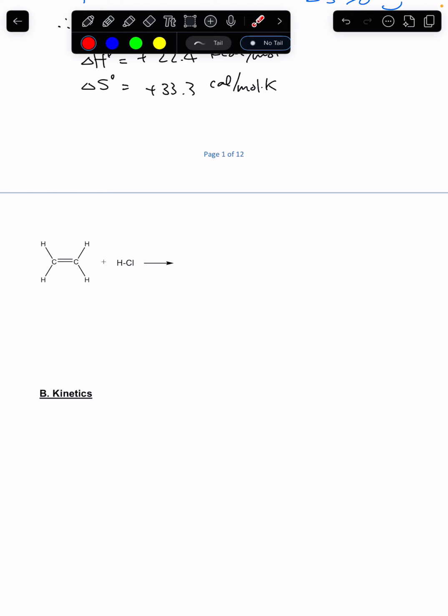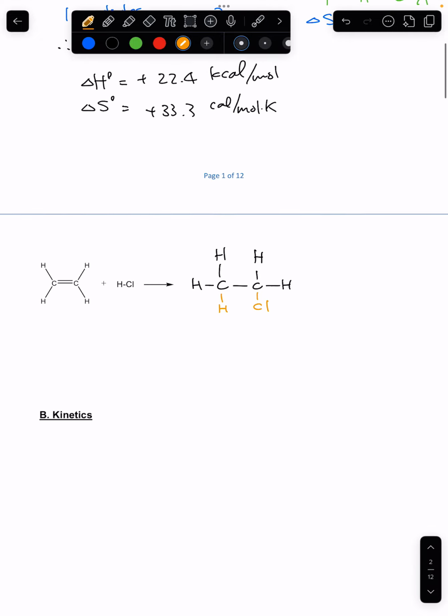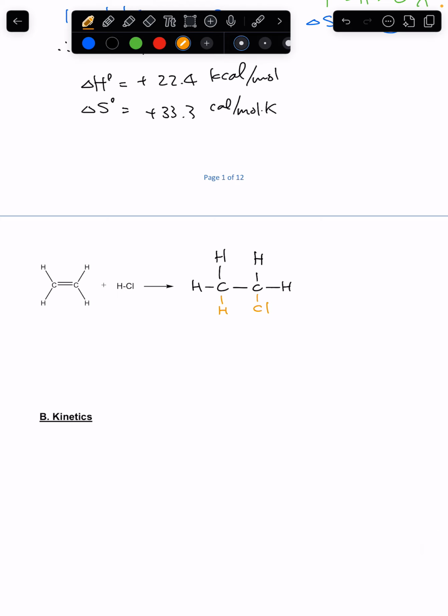Here's a double bond or alkene molecule reaction with hydrochloric acid to give us a product, and we'll learn about this type of alkene chemistry later in the semester, but for now you just have to take my word for it that the HCl molecule adds across the double bond like this. Okay, so what does that mean? Well, that means we went from 2 particles to 1, and then we went from having a pi bond to none. So let's count the bonds real quick.